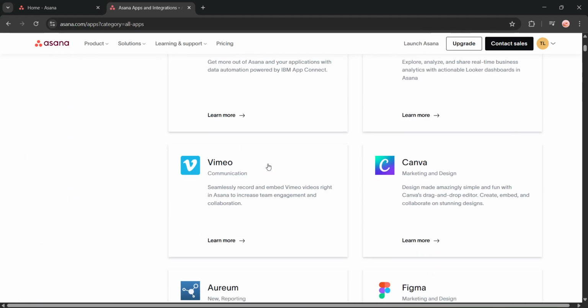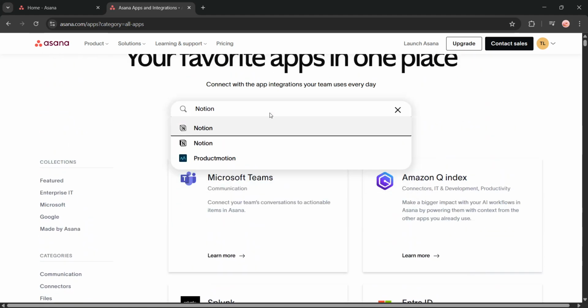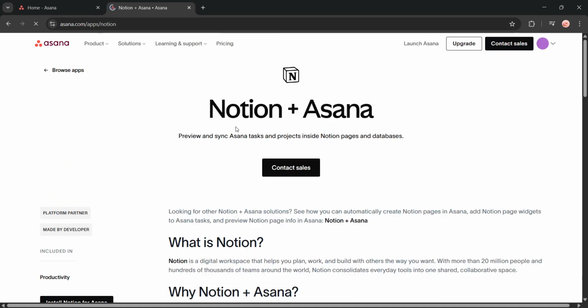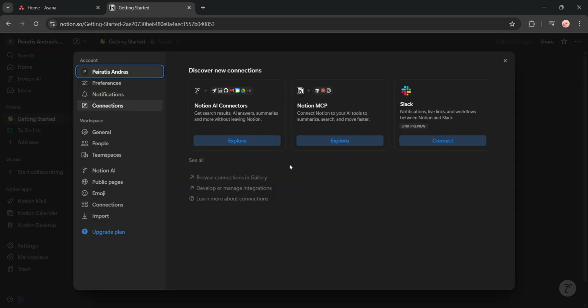In the list of available apps, find and select Notion. You might need to use the search function if the list is extensive, but Notion should be fairly easy to locate. Once you've found it, click Install Notion for Asana. This action will automatically redirect you to your Notion settings page, which is where you'll complete the connection from the